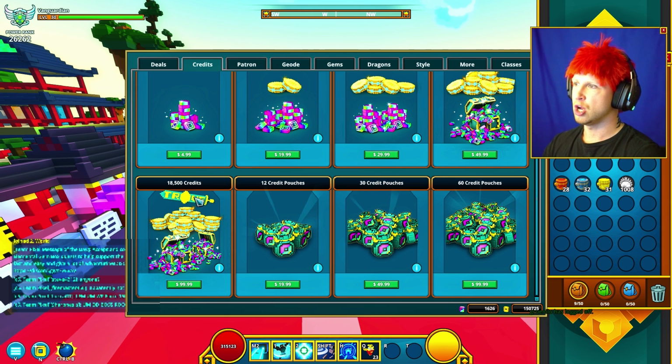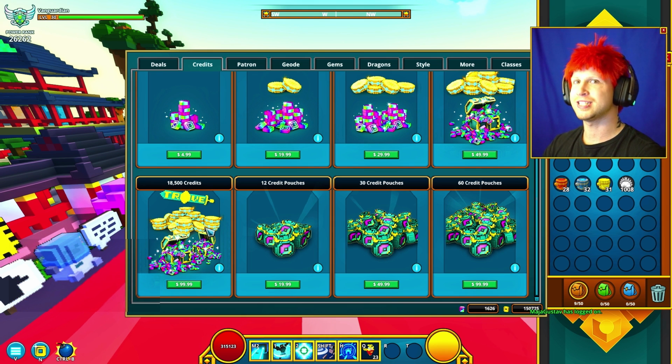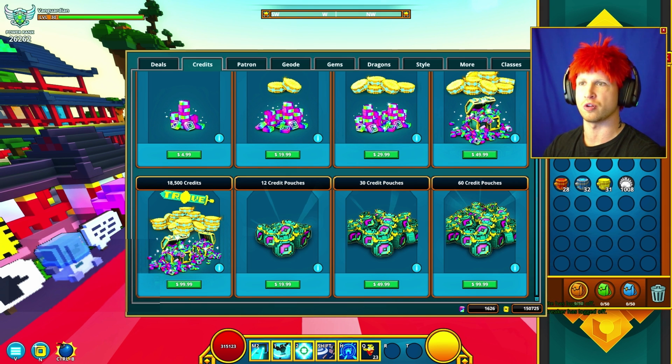286,800 credits, which if we take that number and divide it into 18,500, which is the $100 pack, essentially you would have to buy this $100 pack 14 times. So we're sitting here with roughly, what would that be, 14 times, that would be like $1,400 worth of